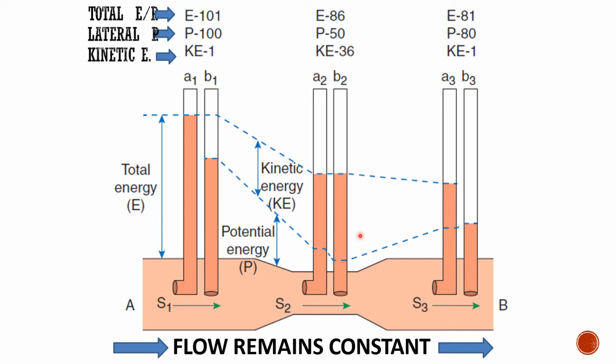From this we can derive 2 points. When the velocity of blood flow is high, some potential energy is getting converted to kinetic energy, and as the fluid is moving in a tube, the energy is progressively lost due to resistance offered by the walls of the tubes, and further the energy loss occurs more where the resistance is high. So these are the 2 important points we can derive from Bernoulli's principle.